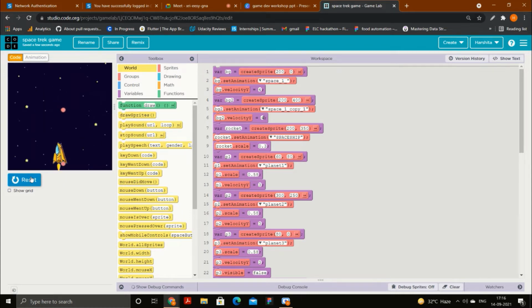If you understood the code part and the logic part, that's great. So the next thing you need to do is just change the number. Change the velocity value. You can put any number, you can put 10, let's say, if you want to keep it fast. If you want to keep it slow, you can put 2 or 1, any number, but just not 3. I don't have a specific reason for that, it's a glitch from the platform side.